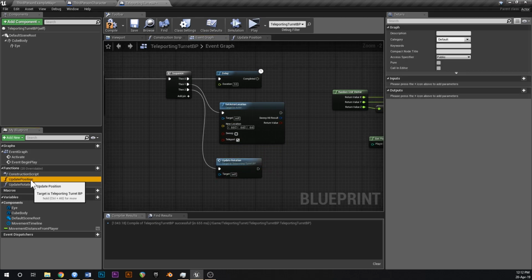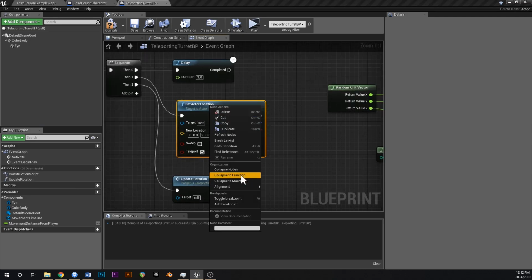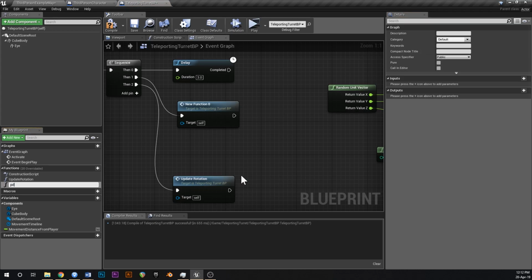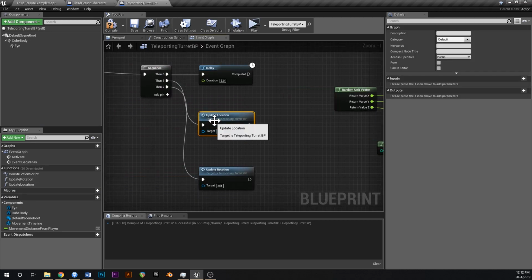We can delete our update position function. We're not going to be using that anymore. We're going to create a new one. Actually, we might just create that right now. So if we say collapse function, we can say update location. Sorry if this is getting confusing because I'm kind of going in a circle, but this is going to be a much better system. So update location,